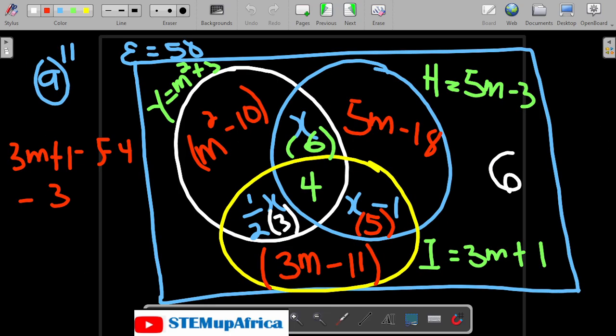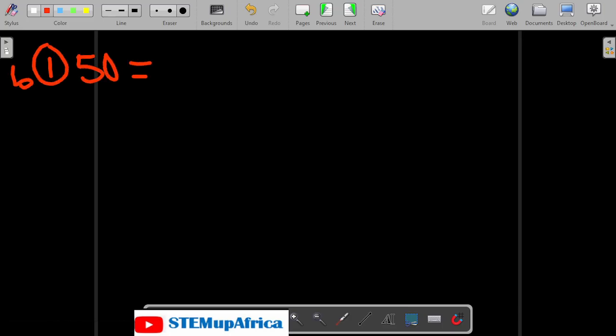That means the 50 here is equal to everything we have in the Venn diagram. So I'm going to have, let's see, the 50 will be equal to m squared minus 10. We are going to start from there. Let's start from that point of the 50. So I'm going to have 50 now. B, Roman figure 1. 50 is equal to m squared minus 10,